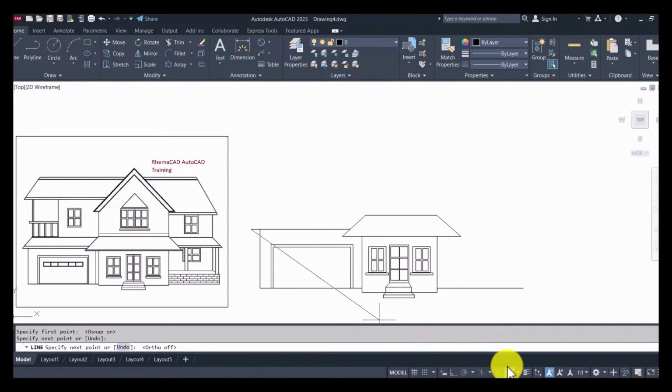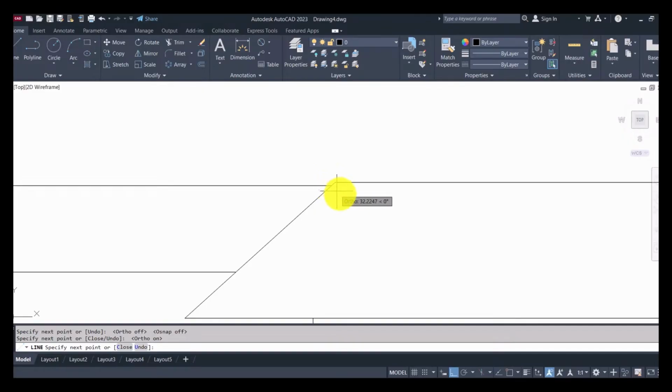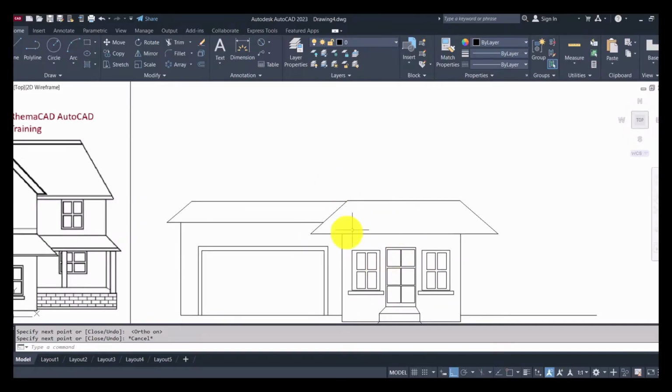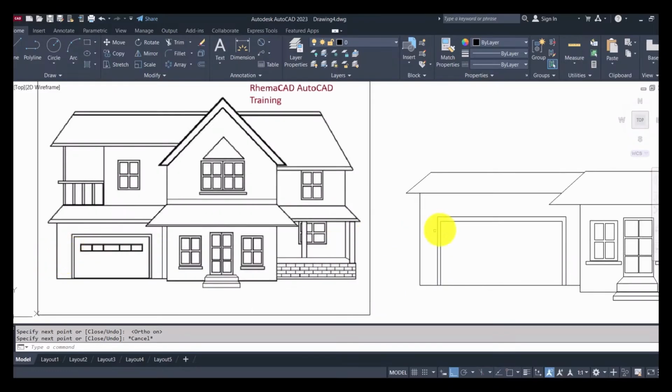I'm trying to draw the roof here. So now I need auto. Okay, let me make it. I'm not particular about accuracy, so I'm just going to pick that point. Okay, I have a rectangle here. So let me draw this like the garage. The garage with windows. So rectangle,